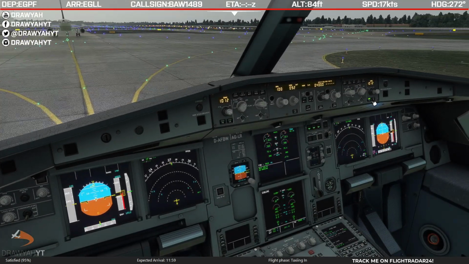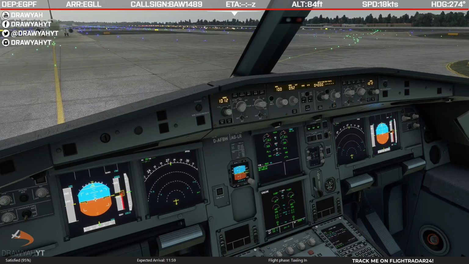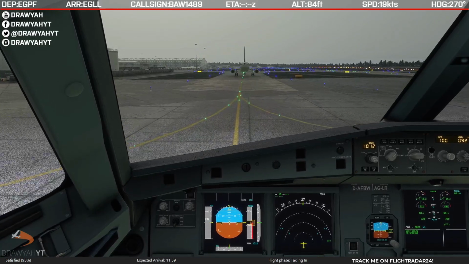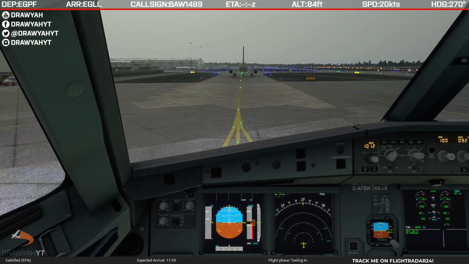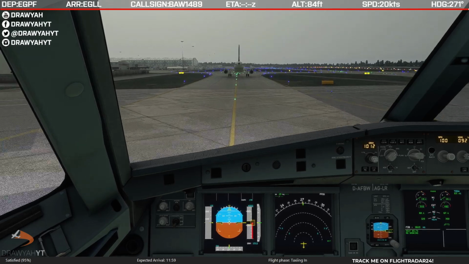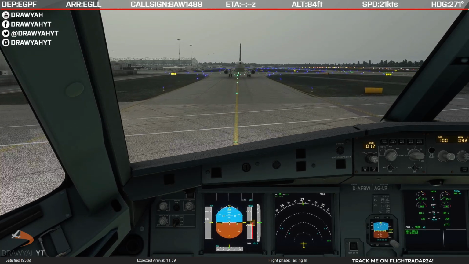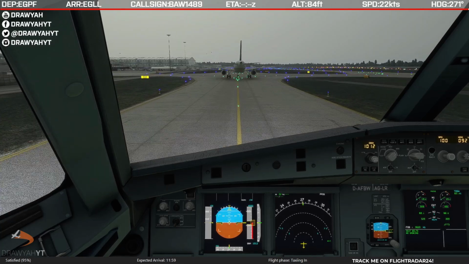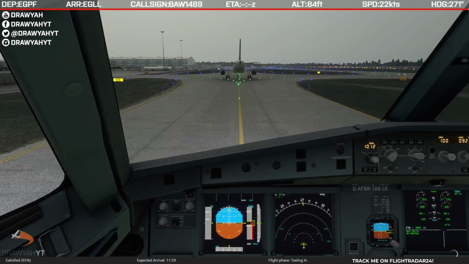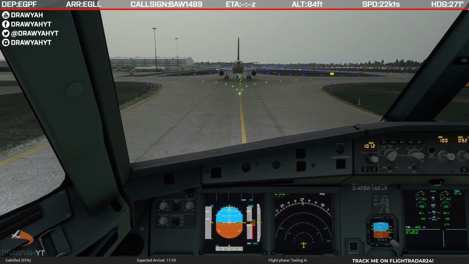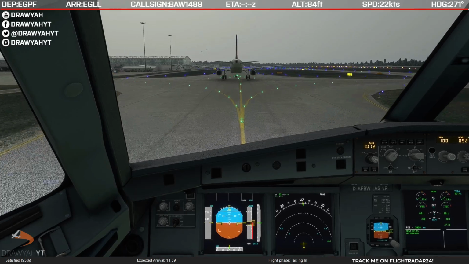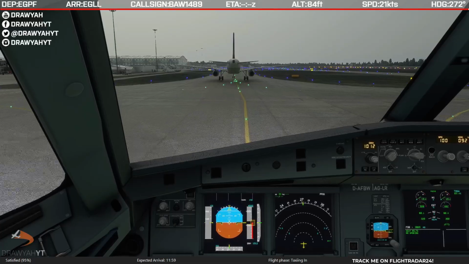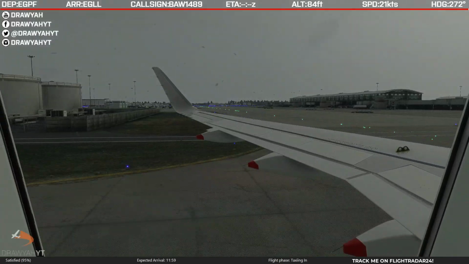There we go. Clean up all systems. That's much better. We'll go to Terminal 5A, because Terminal 5 split into 3 sections. Terminal 5A, B and C. Terminal 5A I believe is more for the, well, they all do international, but Terminal 5A fits your standard 320, 321 aircraft, so narrow body, short, medium haul aircraft. Terminal 5B holds a mix of narrow body and wide body, and Terminal 5C holds your big aircraft, so your